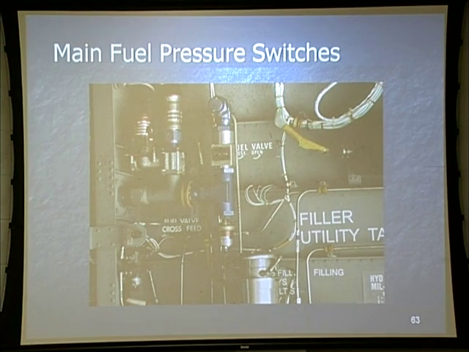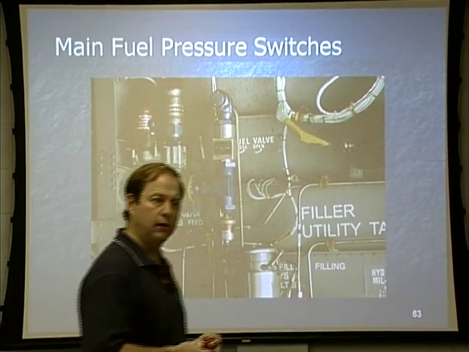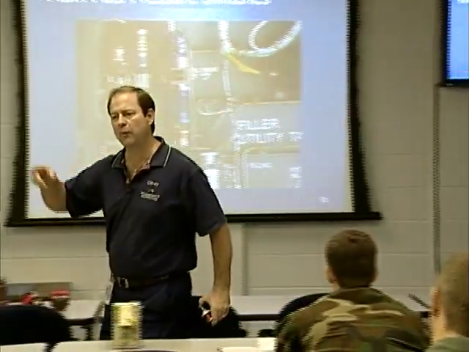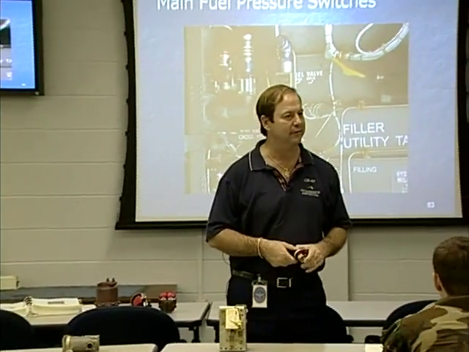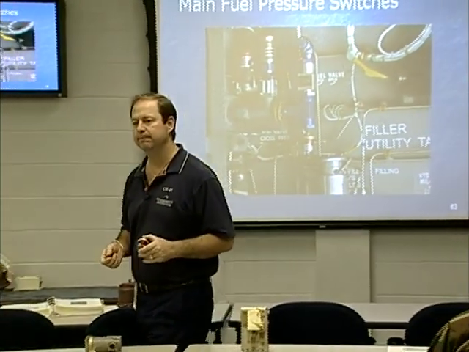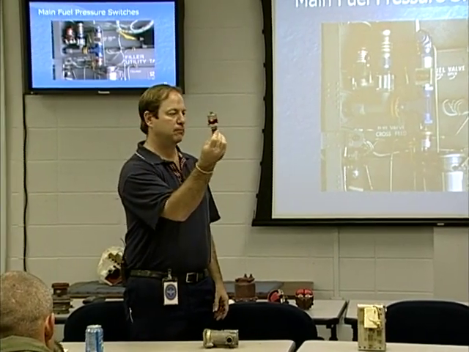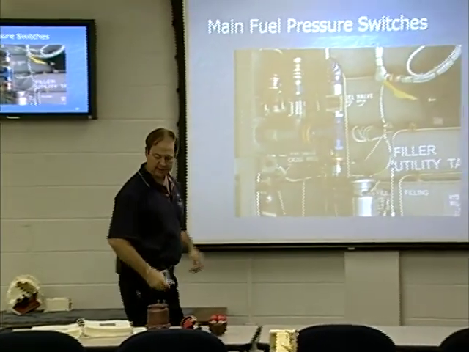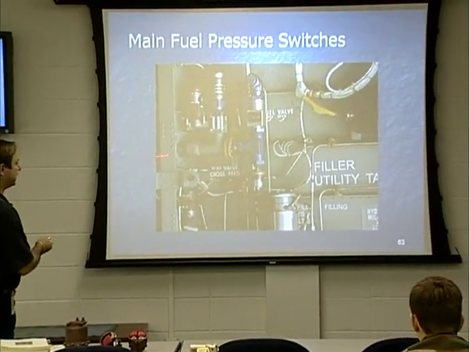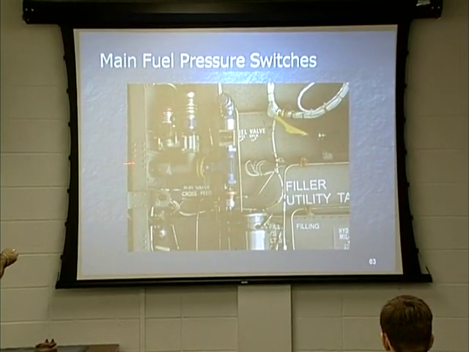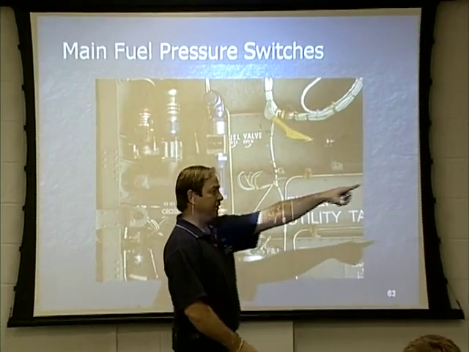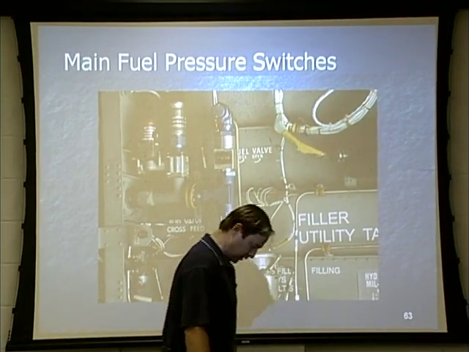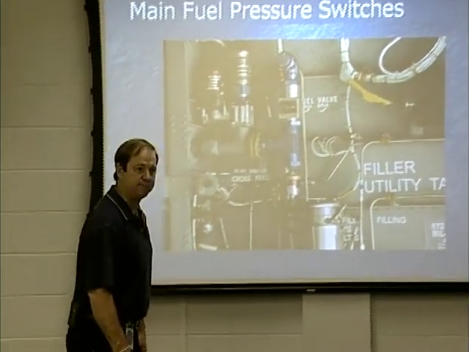When I open that crossfeed, what am I looking for? I'm looking for both fuel pressure lights to go out, ain't I? Well, if I'm not transferring pressure from one side to the other side, what's causing that to happen is the location of that pressure switch, which is on a manifold located on the back of the aircraft, and in the ramp area, you can see it. If you were to stand on the ramp hinge, there's my cockpit, there's the back of the aircraft. If you stand on that ramp hinge, take about a step and a half back